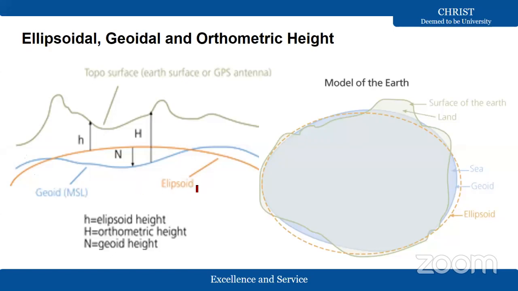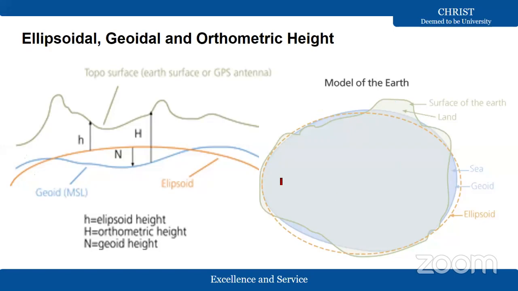GPS will give you the ellipsoidal heights. We are going to measure MSL heights. MSL heights will give you accurate results in a local area. Ellipsoidal heights at a global scale will give you accurate results. This is a model of how you are going to model the same thing I have shown here. This is the ellipsoid, and this is the geoid, MSL, and this is the irregular shape of the Earth.